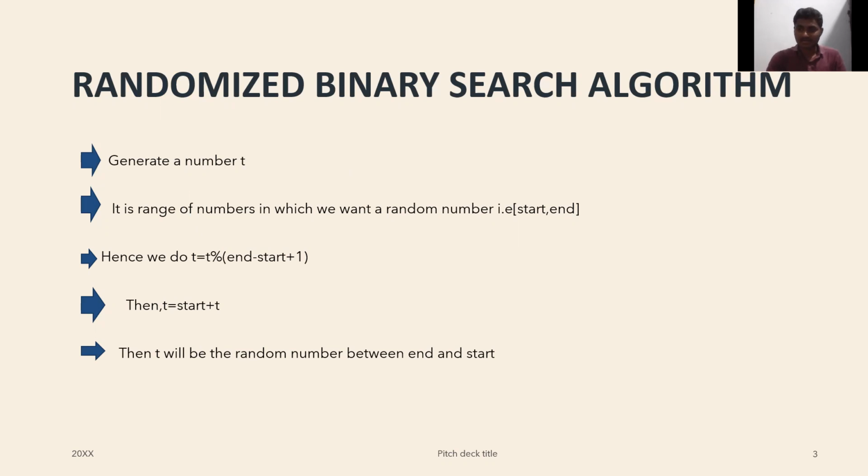After this, as usual, we perform the binary search. If it is greater, we go to search the RHS side. If it is less, then we search the LHS side of the array. That is common in all binary searching techniques. But the way of approach to the middle element or the random element differs from one technique to the other. As I mentioned, in normal binary search we start from the middle element, but in randomized binary search, we take a random number between the starting and the ending of the array.